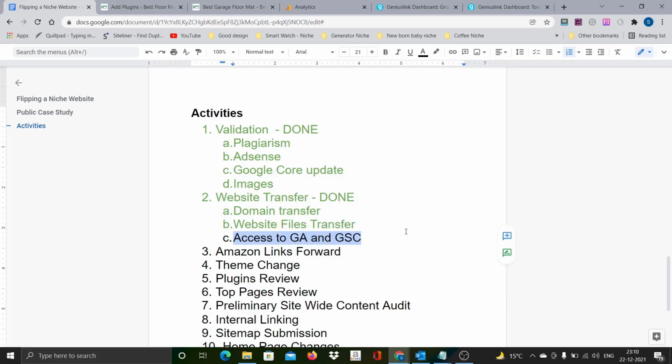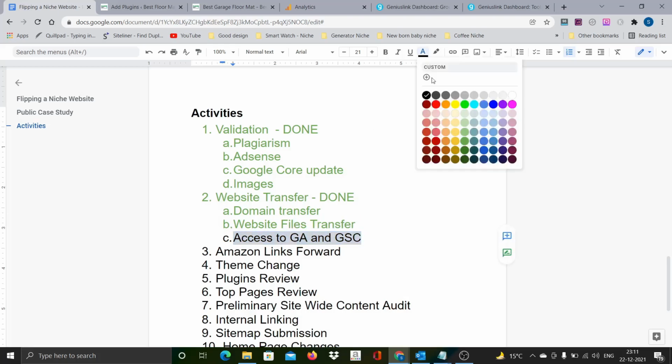While doing the website transfer, you also need to ask the seller to make you admin for Google Analytics and Google Search Console. Even without this you can get the site and create a new Google Analytics ID and Search Console, but you will lose the history of the site, and it's always good to have the history. It is a simple thing. The seller can add your email ID into Analytics as well as Search Console, and you will immediately get a notification. The only thing is people forget. So if you just remember to request the seller, he or she should be able to do it easily. So that's one thing. Let me mark this as done.